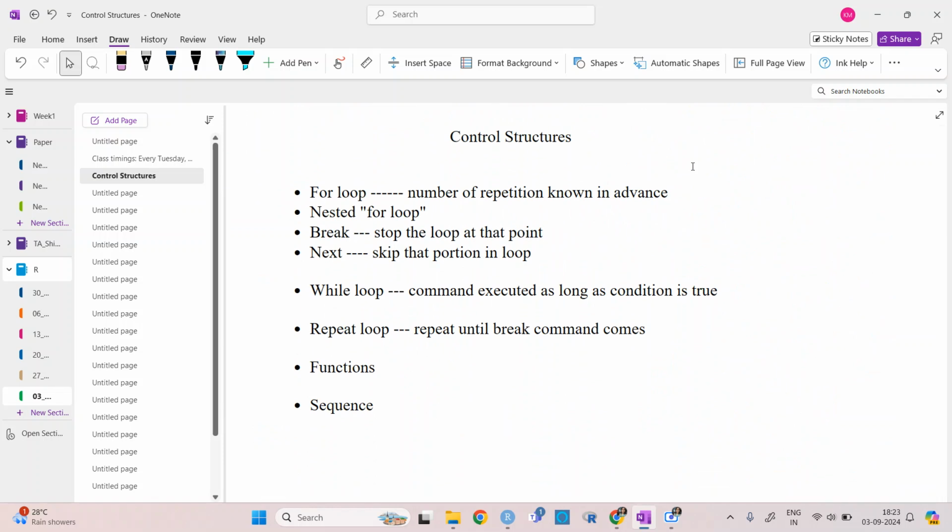Now the break command, or we can see the loops firstly, right? Actually, yeah, in the repeat loop we will need break. Okay, so firstly we can see the break also. What happens is that, let's say you have given I, which is a kind of iteration.